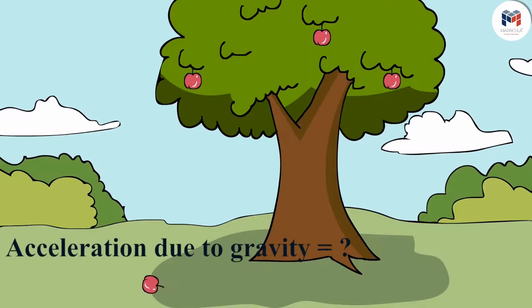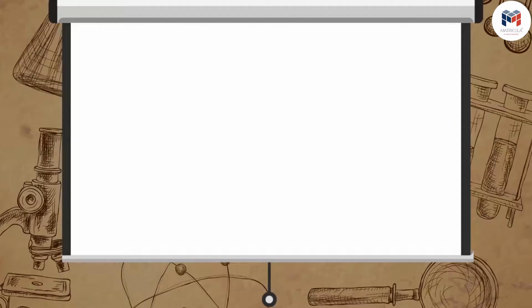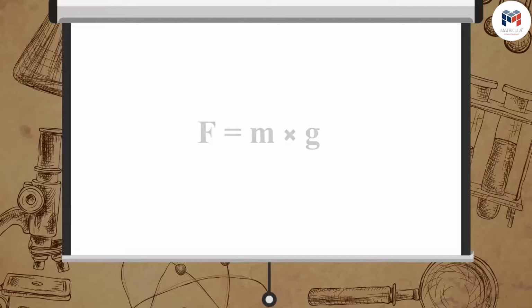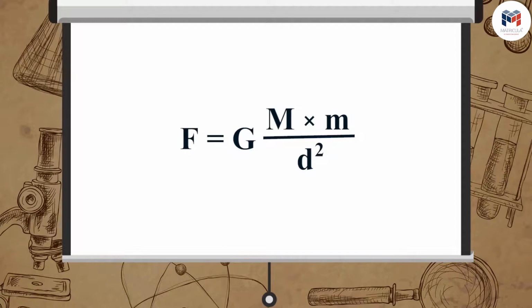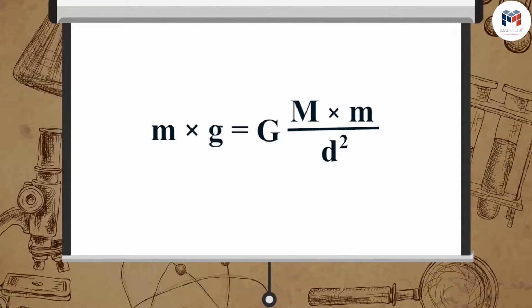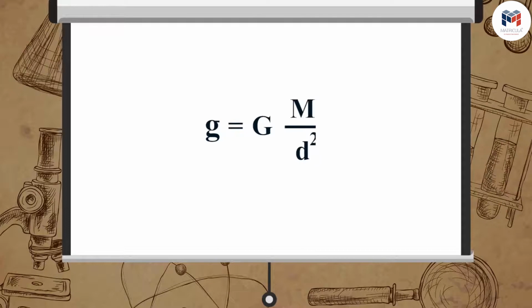Now, let us derive the formula for acceleration due to gravity. As we know from the second law of motion, force is equal to mass multiplied by acceleration. Let the mass of the ball in the previous activity be m, and as we learned, there is acceleration involved in a free-falling object, which is denoted by g. So, the magnitude of the gravitational force F is equal to m multiplied by g. As we learned in the previous video, F is equal to G M m upon d square. Therefore, from the previous two equations, we can write m g is equal to G M m upon d square, or g is equal to G M upon d square,